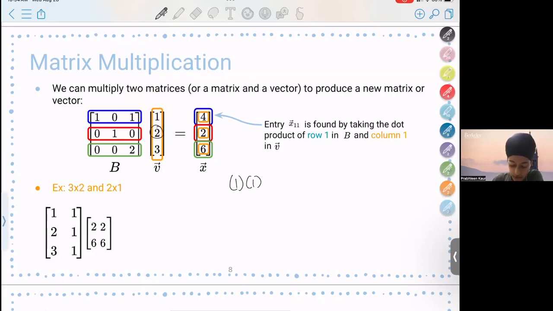The 2 would overlap with the 0, so I would multiply those. And then the 3 would overlap with the 1, so I would multiply those. Basically, the parts that overlap, you multiply, and then you add those products. So if I add this together, we get 1 plus 0 plus 3 is 4, and that's what goes here